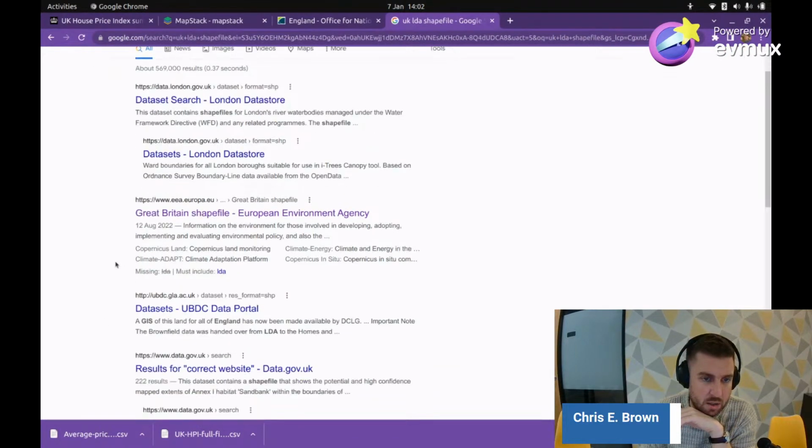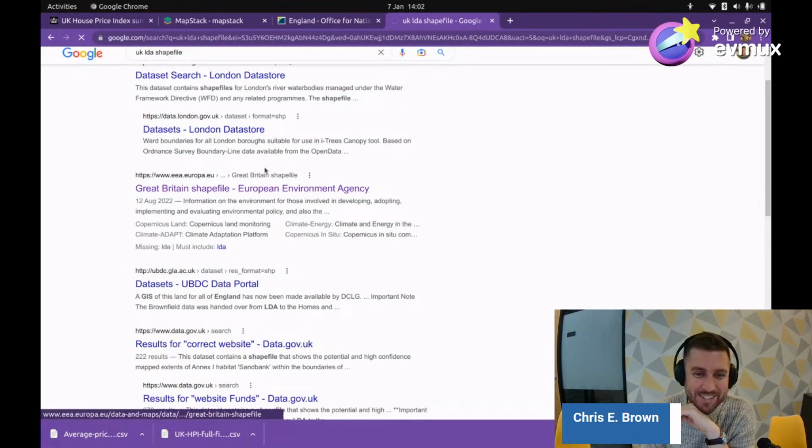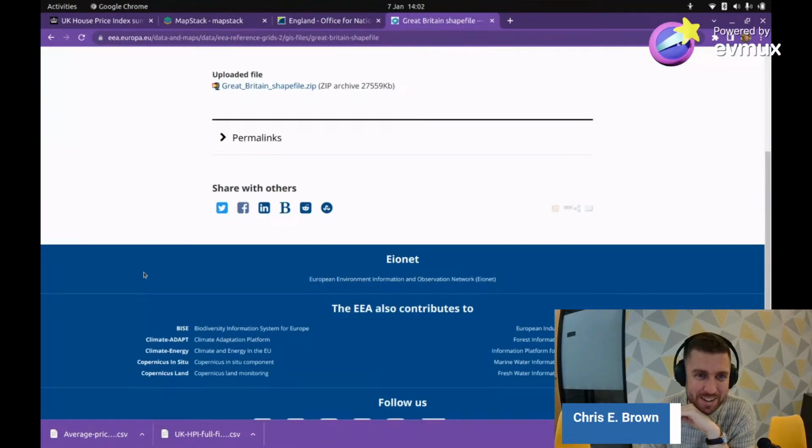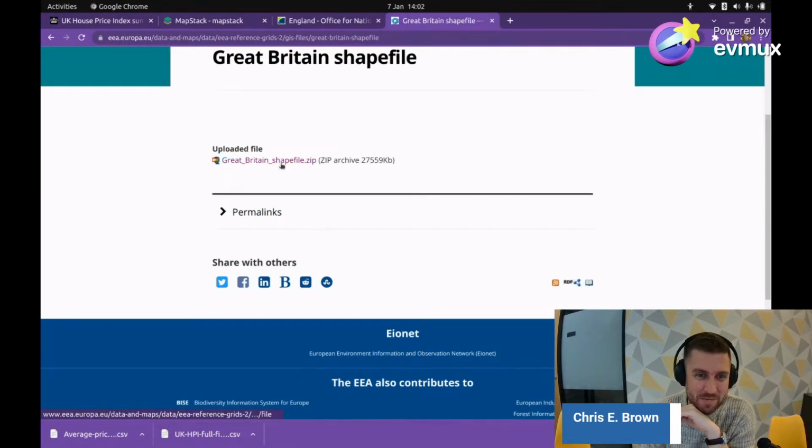Data search, London, European Environment Agency. So I thought Brexit had happened. We've still got to go to the EU to get our data, have we? Let's see if they've got any shapefiles in there. Great Britain shapefile. Okay, this would be funny, wouldn't it? It'd be funny if